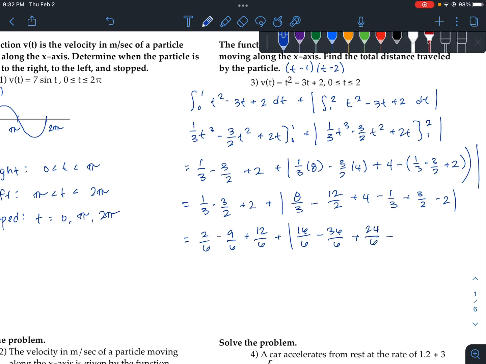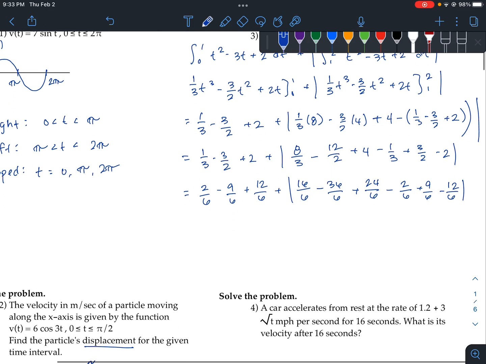Multiply by 2, that's going to be minus 2/6. Multiply that by 3, it's going to be 9/6. Multiply that by 6, that's going to be minus 12/6. So that should be equal to, hopefully we got, negative 2, or 2 minus 9, negative 7 plus 12, so that's 5/6. Okay, plus the absolute value, I'm going to punch that into a calculator, so 16 minus